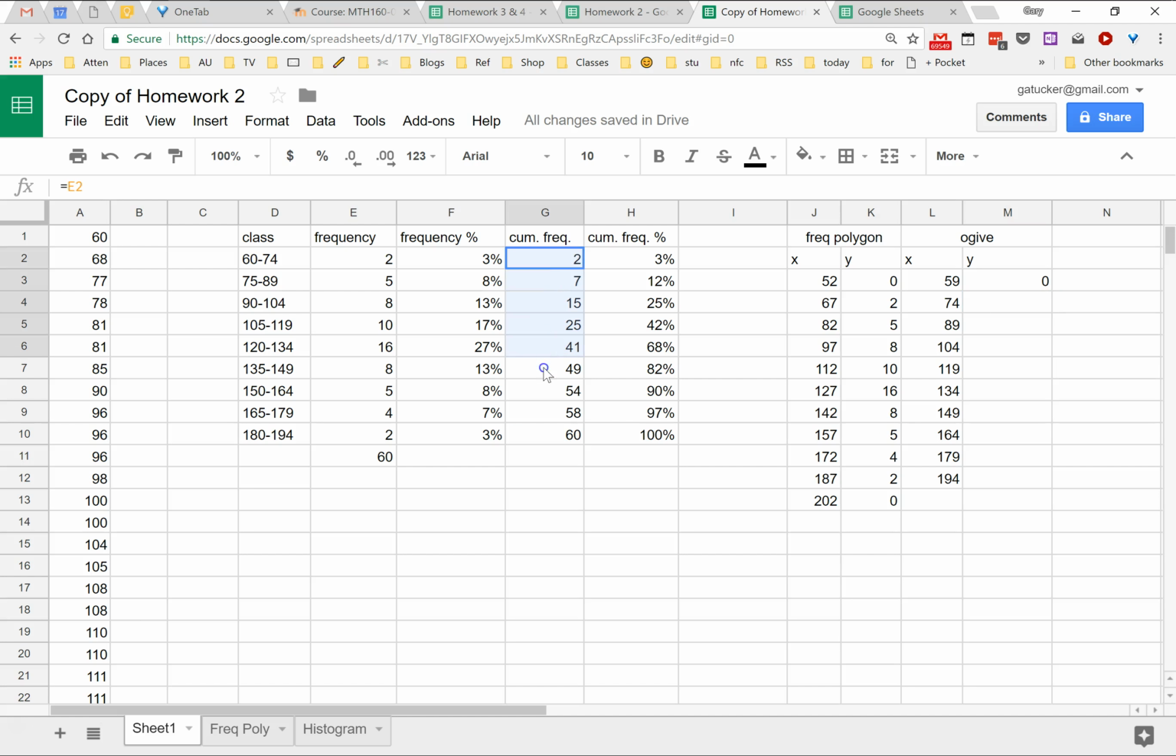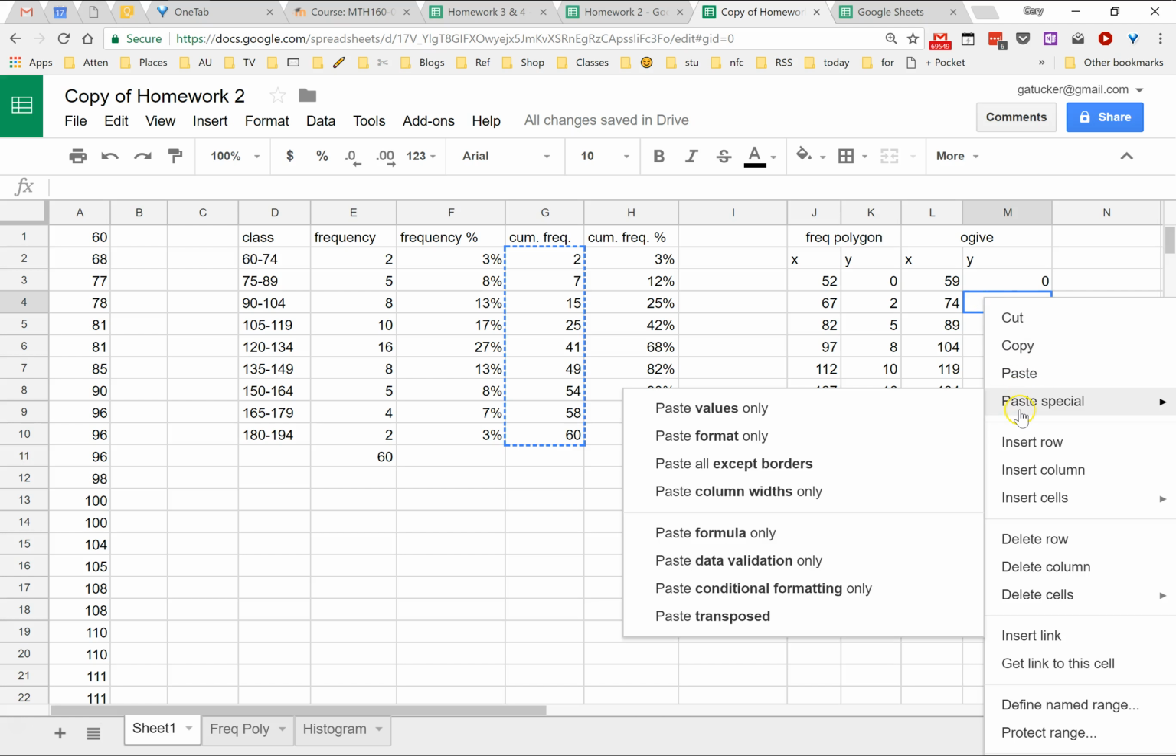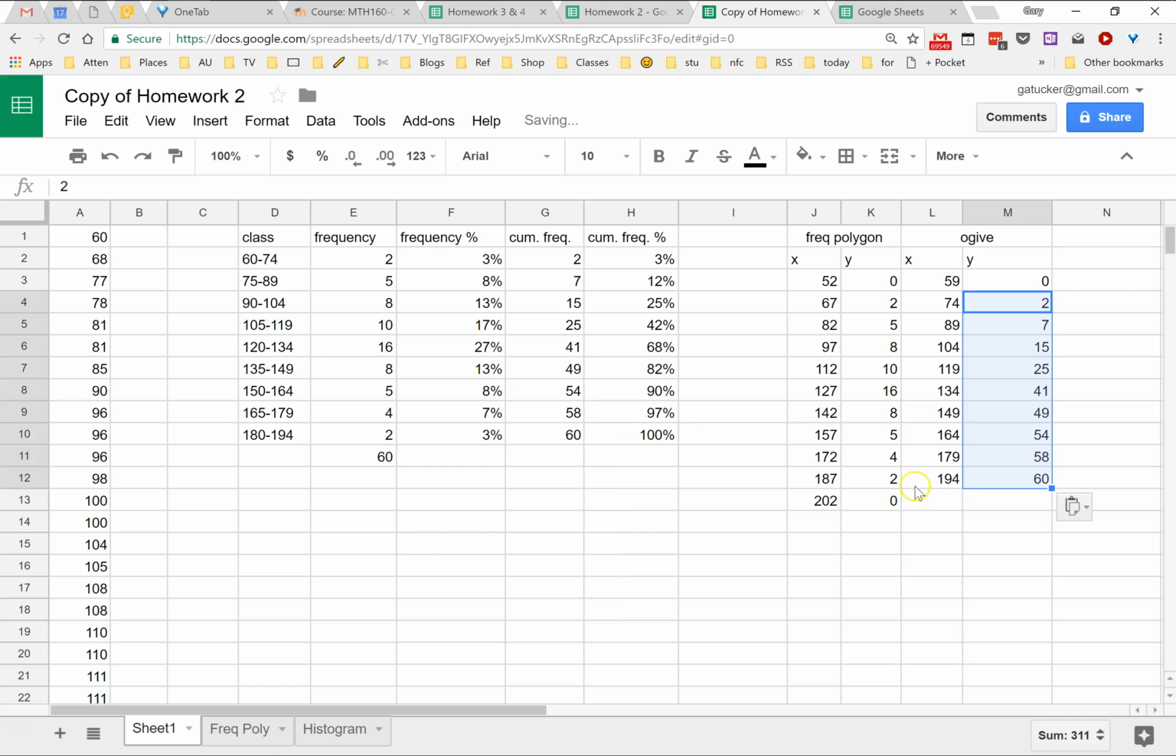Now I want to copy these cumulative frequencies. So I'm going to copy and then click on the first cell here. Now the cumulative frequencies come from formulas. And if I just paste, I'm going to copy those formulas, which says take the value that's above you and add the value that's on the same line 2 columns over. So what I want to do when I paste is I want to paste special and paste the values only. Now I can select the values,